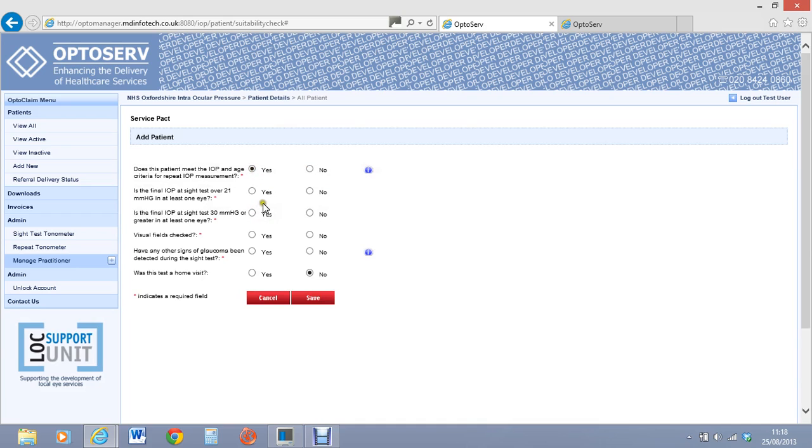So yes, is the final IPSI test over 21? Yes, for this patient. If it's over 30, you have to do a direct referral, so they don't make the criteria for this IOP referral refinement. So if you tick yes, then again it wouldn't allow you to proceed any